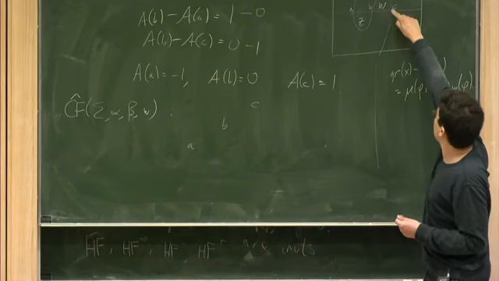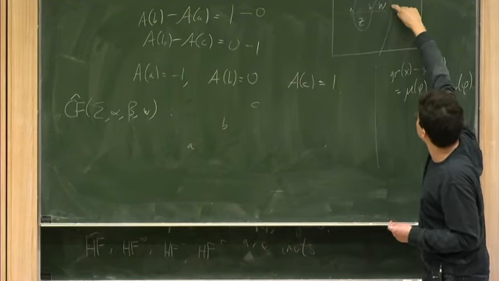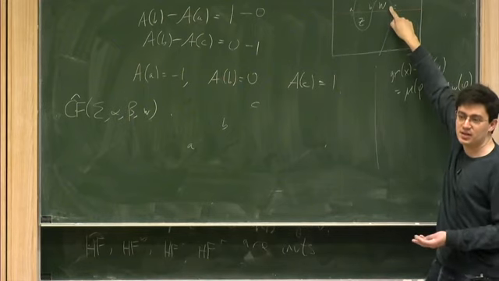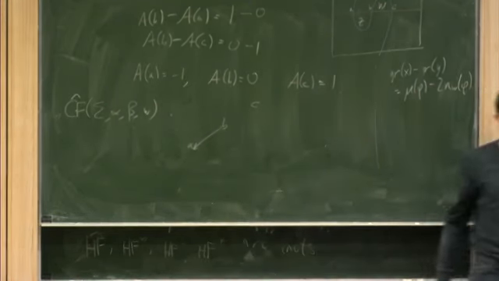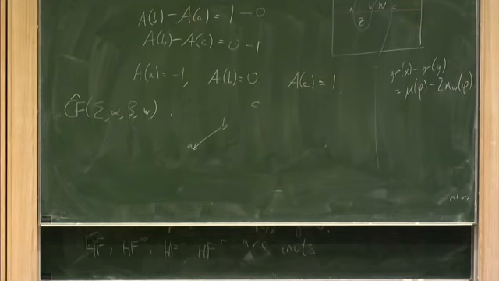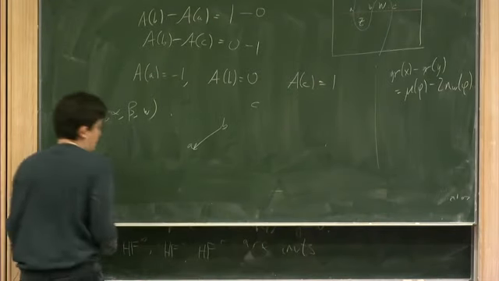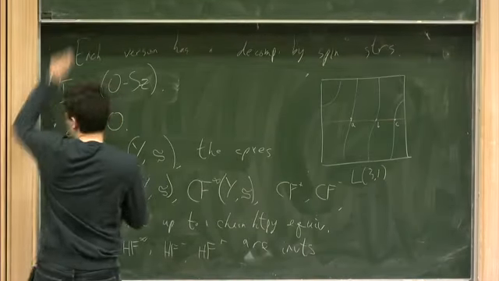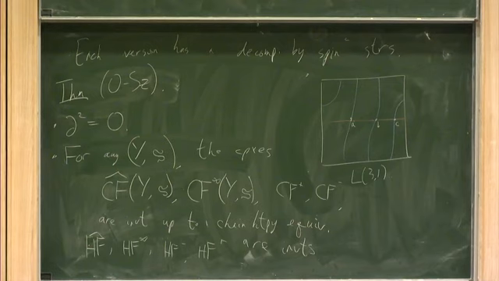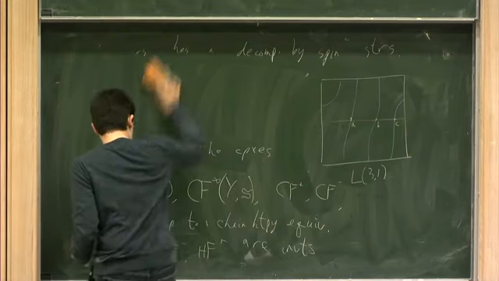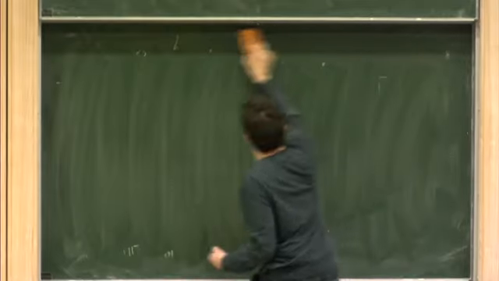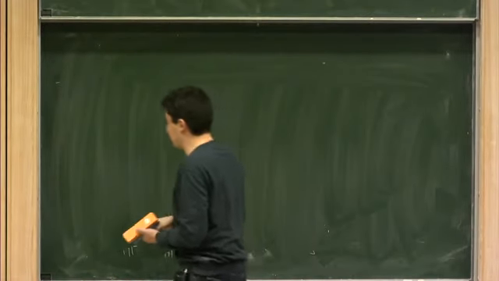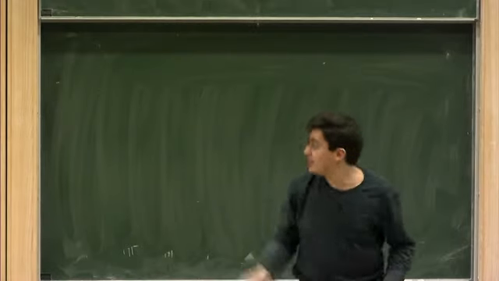So remember, we're not going to allow a disk from B to C here because there's a base point, but we do allow a disk from B to A. Okay, so now what we notice is that this Alexander grading gives us a filtration. So, okay, what we see is that if